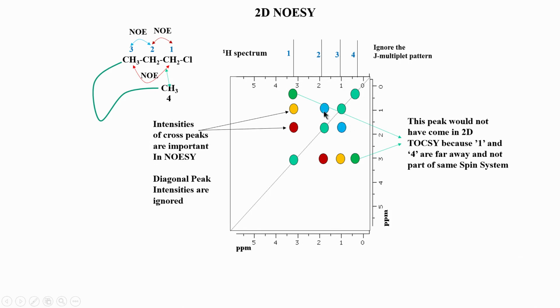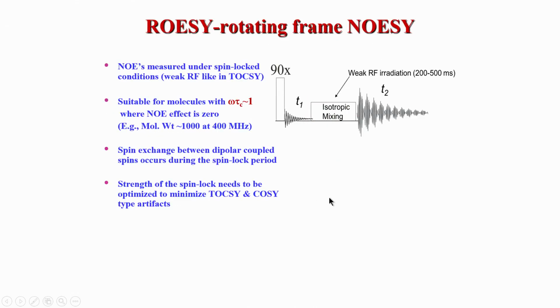When that happens, you can no longer use the cross peak intensity, because they come very close to the diagonal peak. We will see some of the real spectra later on to get a feel of how strong these diagonal peaks are. So, in such cases, as I said, there has been a lot of research conducted to remove this diagonal peak by some method, so that we can get a clean cross peak intensity.